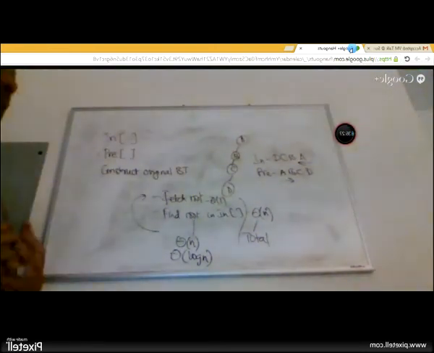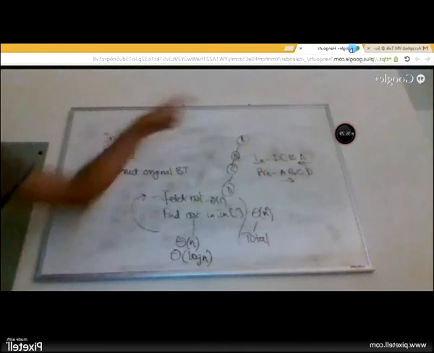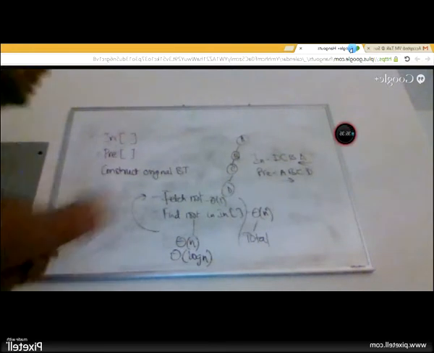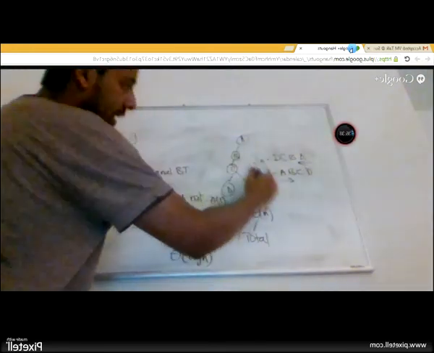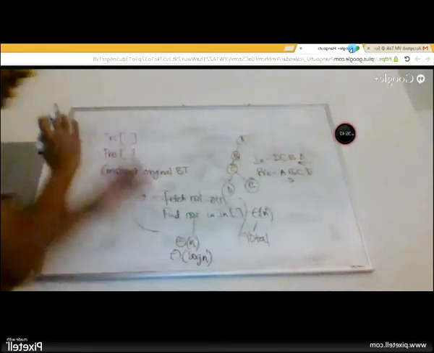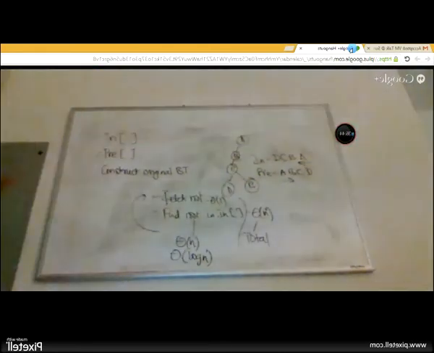In our case, it does matter which b you're talking about, because one b is here, another b could be here. If you swap that, then you construct another binary tree, which is not what I was looking for. So in our case, it could be n.